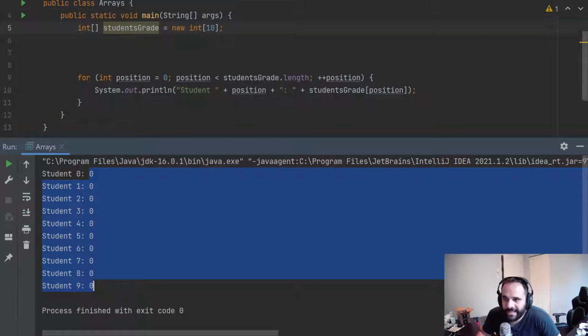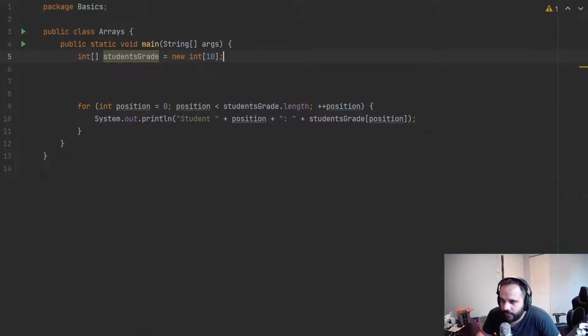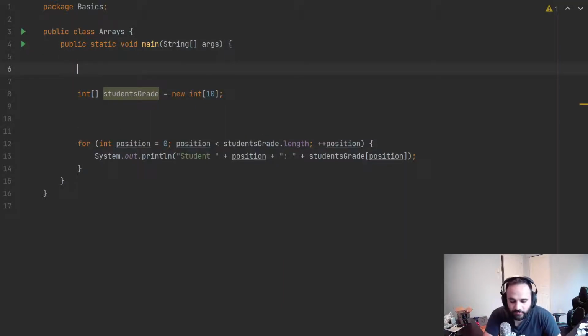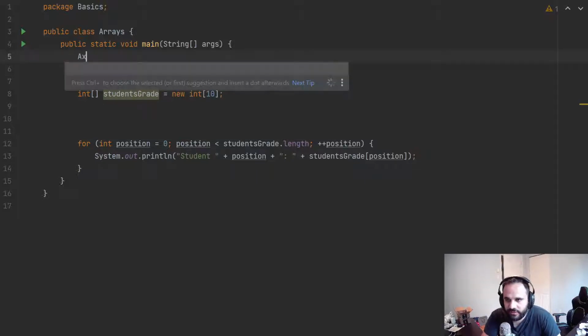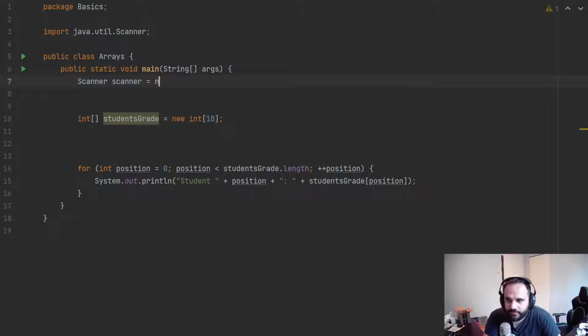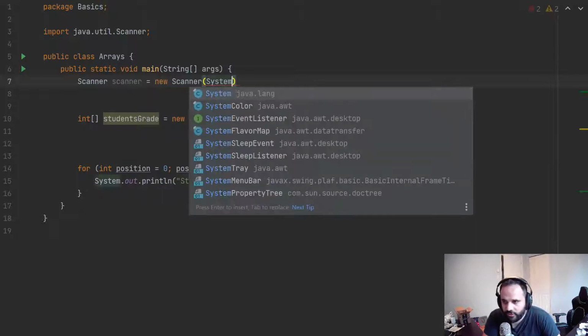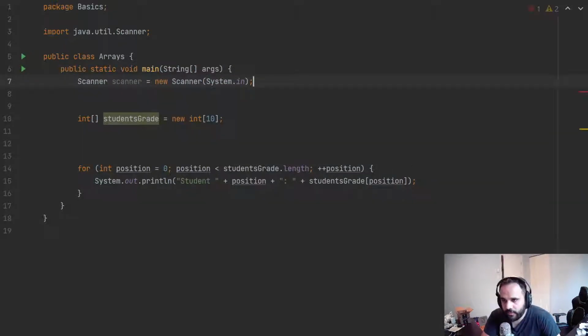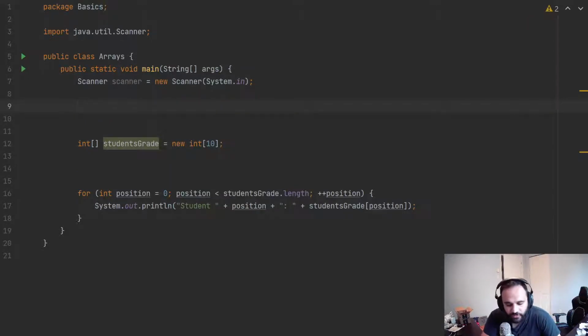Okay? So this is not a great idea. So let's make this a little bit better. How about we ask the user? We're going to bring in the scanner, and we're going to get it from the System.in. We're going to ask the user,